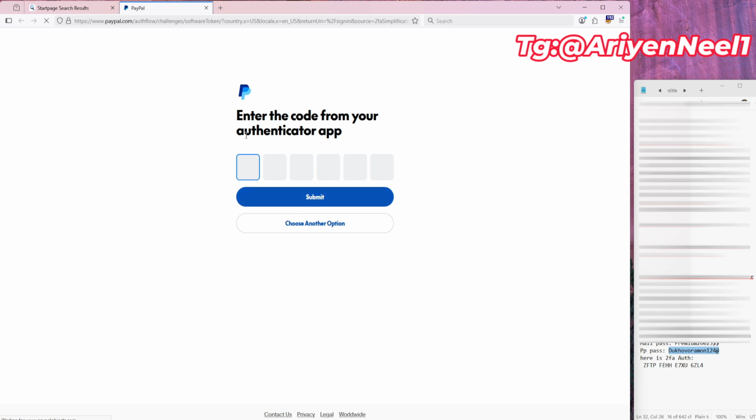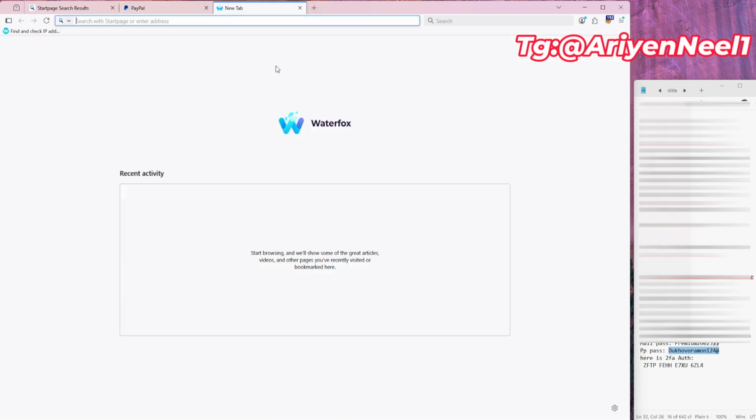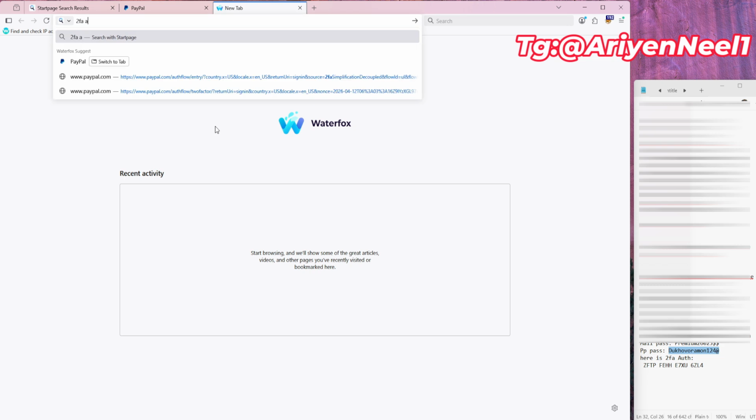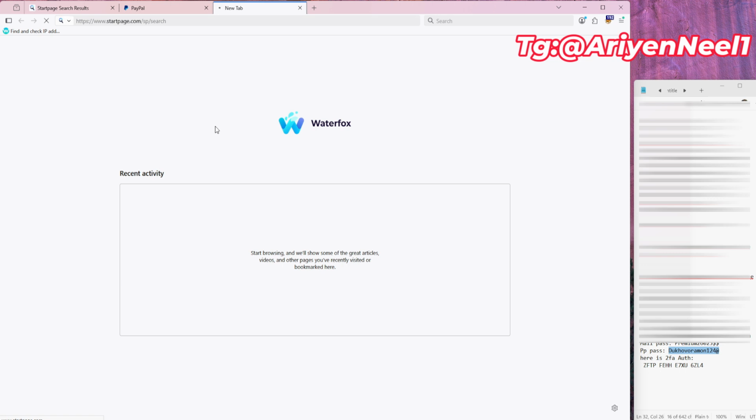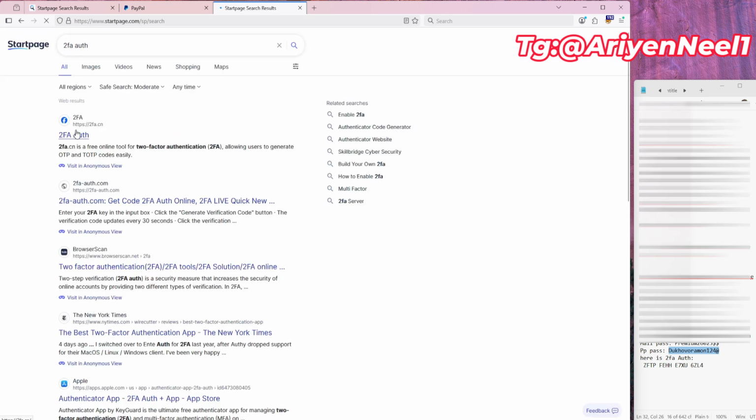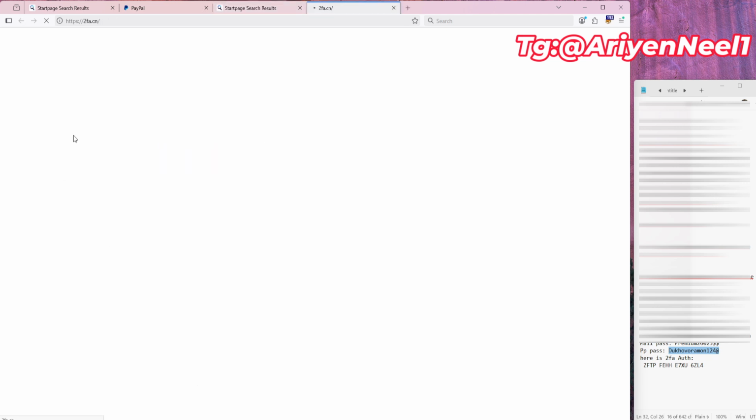See, enter code from your authenticator app. So no need for the Google Authenticator app or any other app. Just open a new tab and search 2FA Auth. Then enter. See the 2FA Auth. Click here